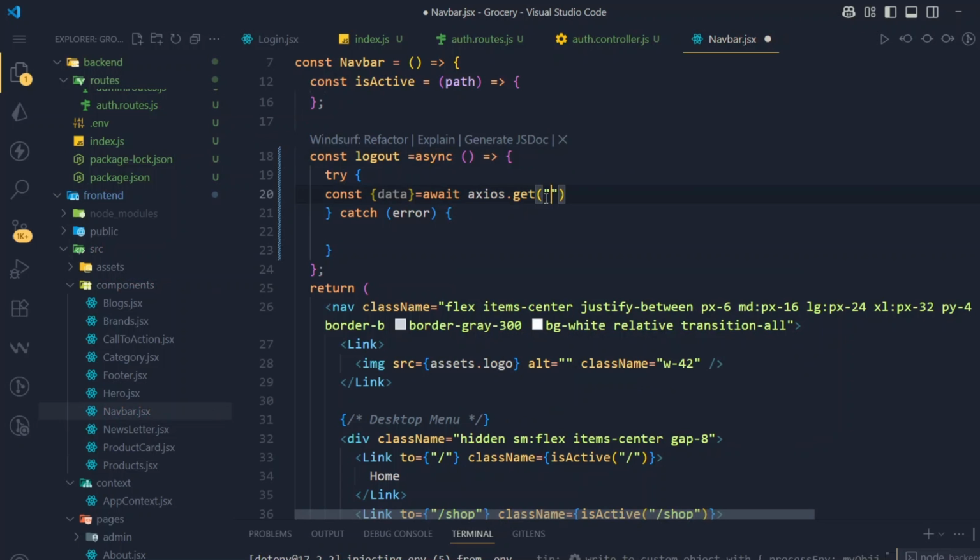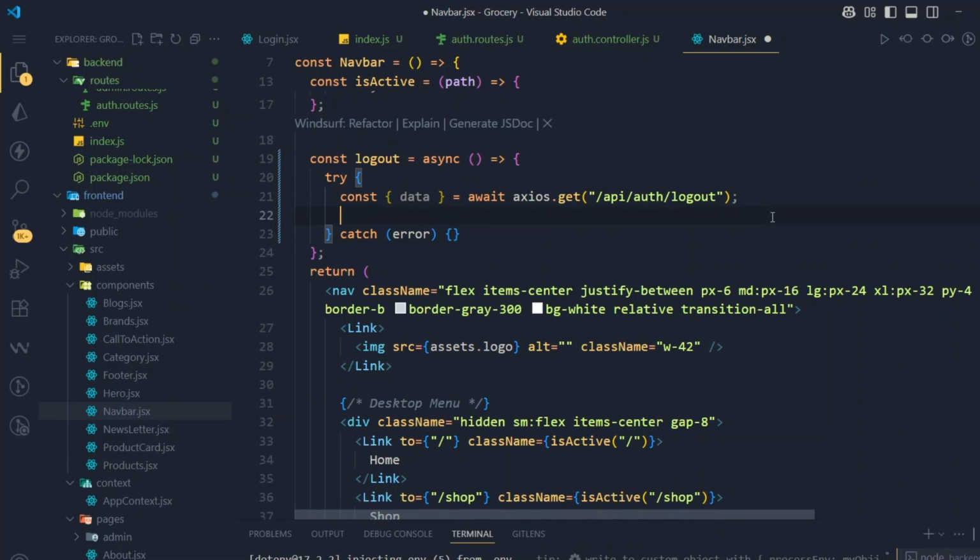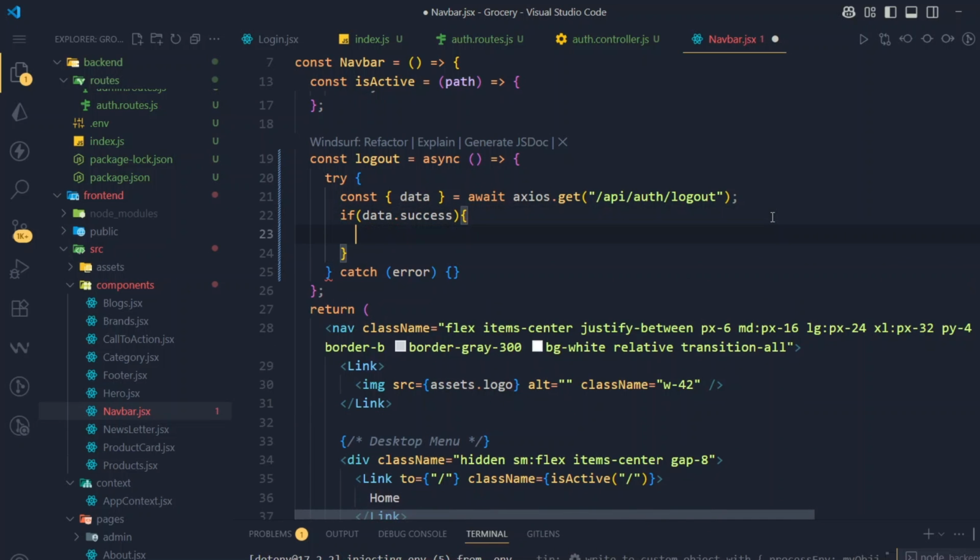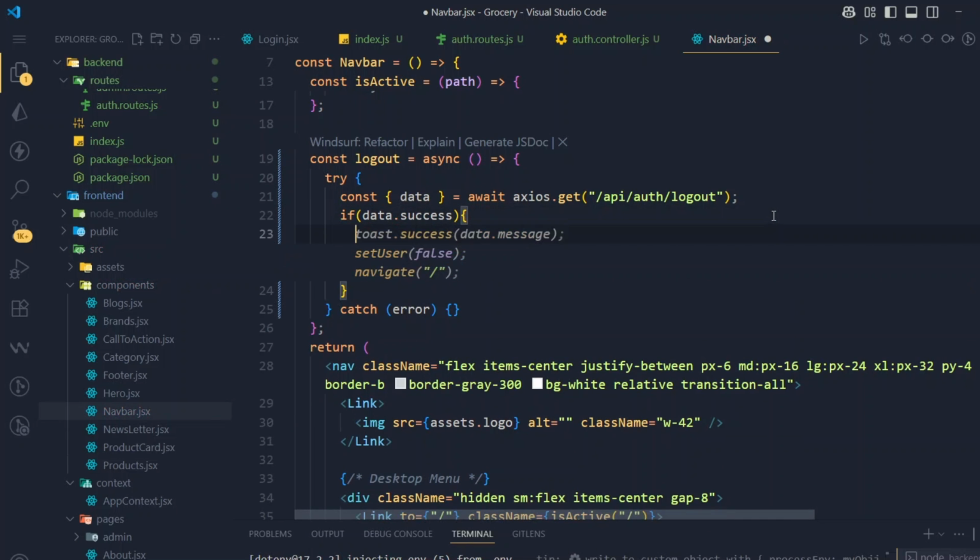Axios.get, and here we will use slash API slash auth slash logout, like this. Okay, this is done. And we will check if data.success, like this, we will use here set user true,